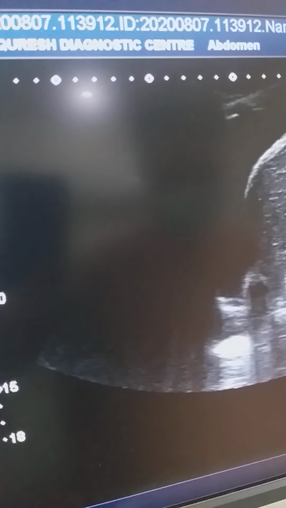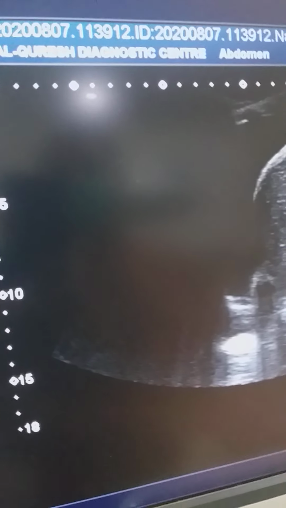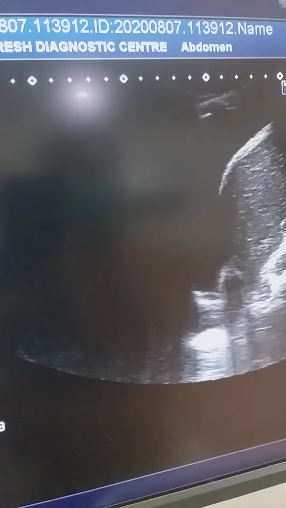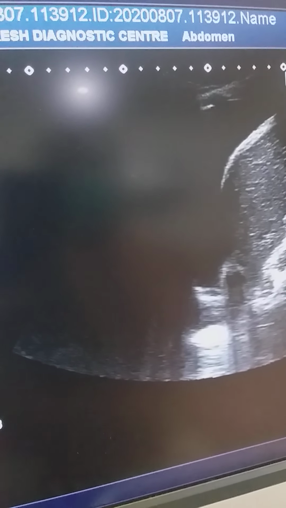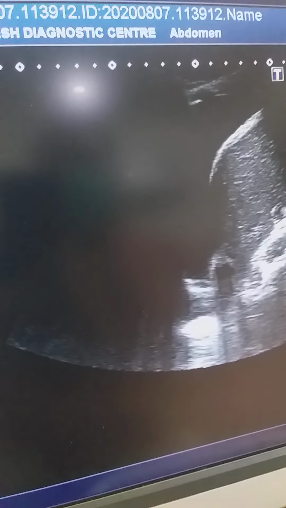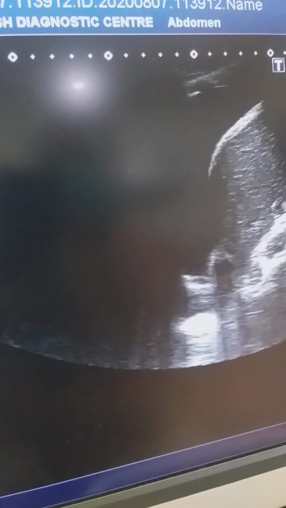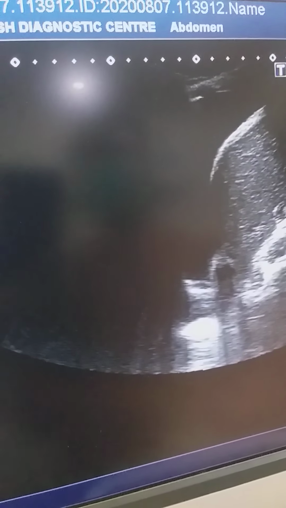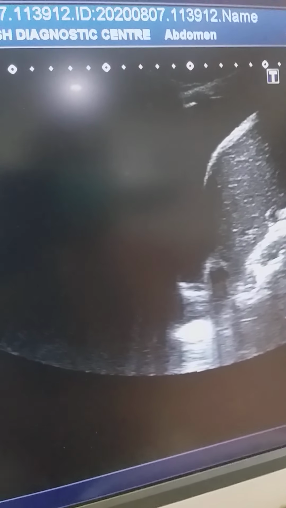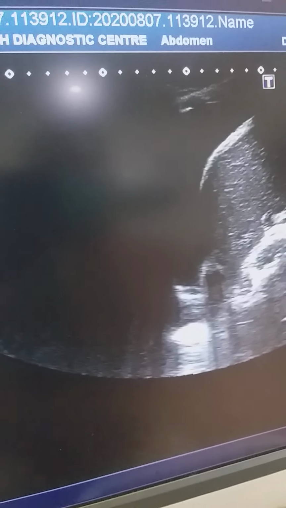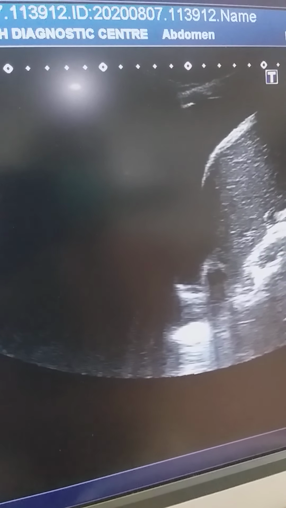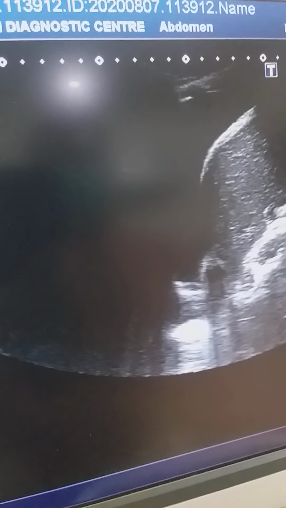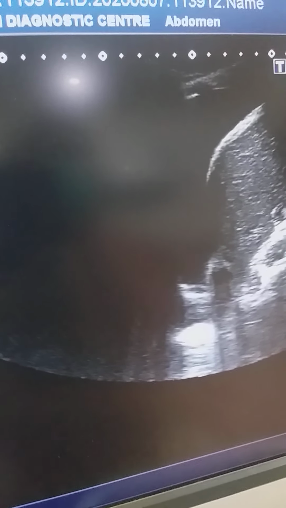So in my opinion, this patient is having bilateral lower lobe lung fibrosis, which can be appreciated on the lung ultrasound as well as in the X-ray chest. Left-sided effusion with collapse consolidation is also present. So we will investigate this patient and advise HRCT chest also. So these were the findings.